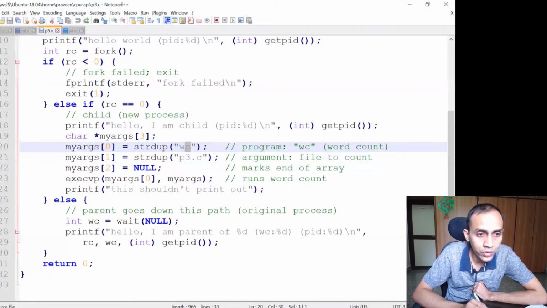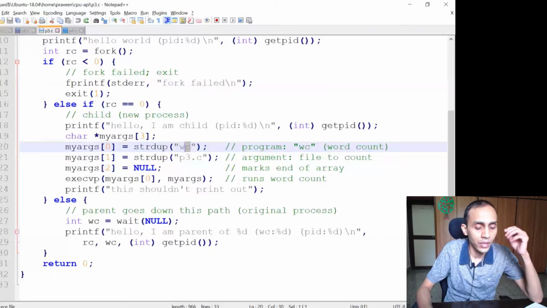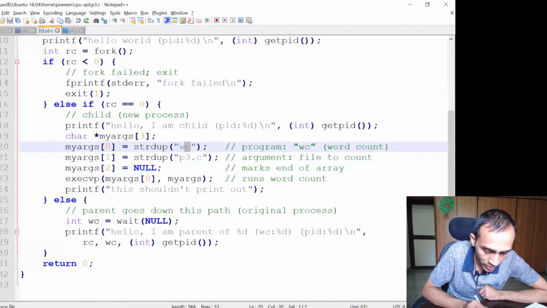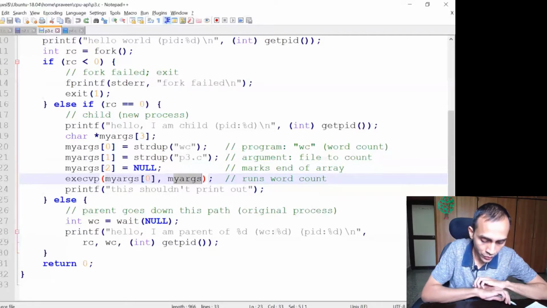But if you are giving your own program, and it is in the current folder where you are running the current program, then just the name is sufficient. Otherwise you have to give the complete path. That program may take certain arguments, so the subsequent arguments are strings of characters, which take all the options and arguments that you provide while executing that command. And you have to end that list of arguments by NULL.